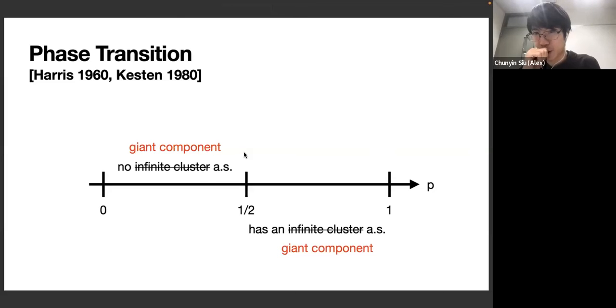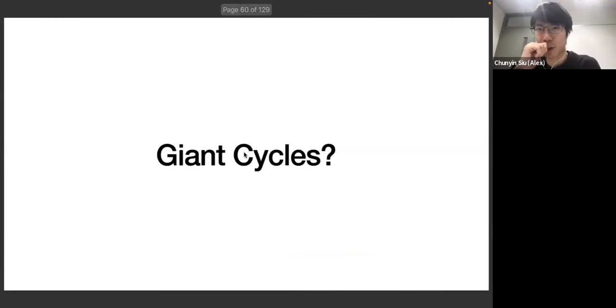But as topologists, you can change the terminology a little bit and think about giant components. It's exactly the same thing, just different terminology. But once you change this perspective, you can start asking whether there are giant cycles in your percolation. It turns out to be slightly difficult to